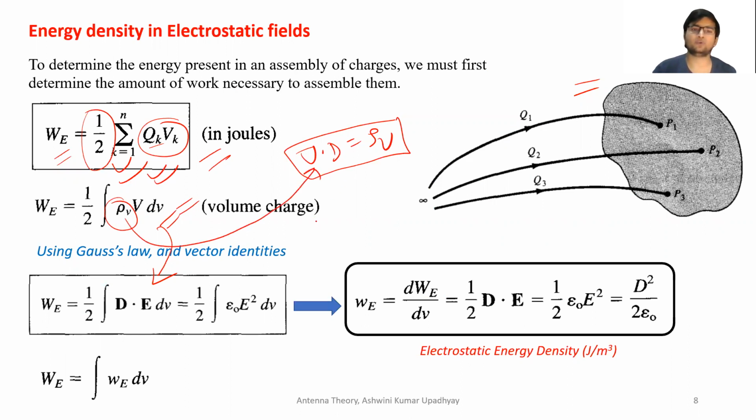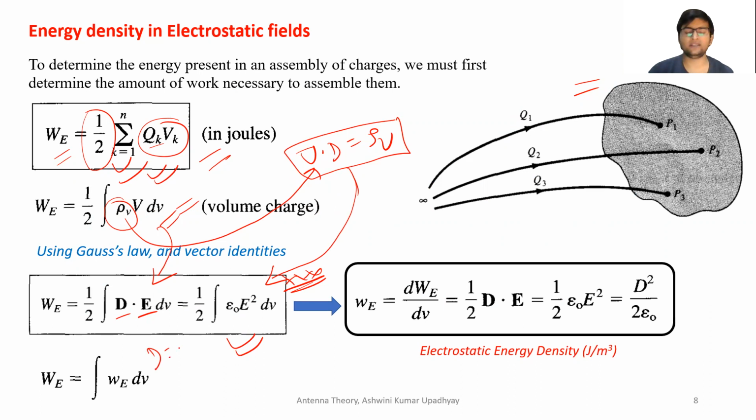And then you know that there are some vector identities, vector formulas basically, for this del operator, dot product and gradients, which you can apply, and finally you will get this formula. All this derivation is already given in SciDiQ, so I'm not going into the details. You just go and refer to these vector identities which are applied here. Then you will finally get the expression of this energy or the work as this formula, which is basically the dot product of D and E.